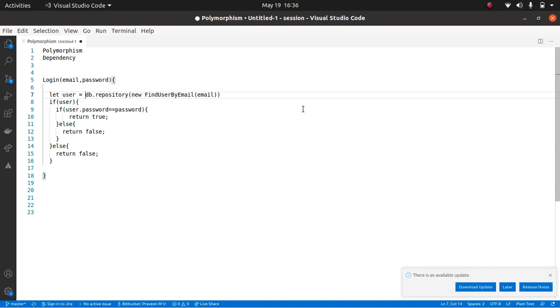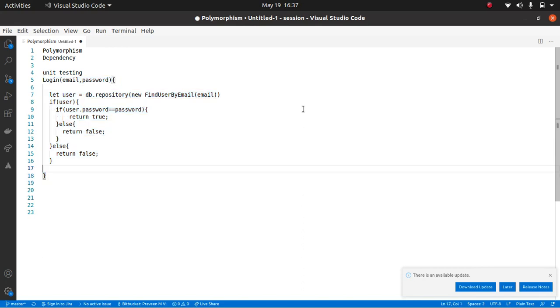So in mock based testing, when we say unit testing, we are checking a particular unit of code. Right now the unit of code is login, correct? We are checking if the logic of login is proper or not.